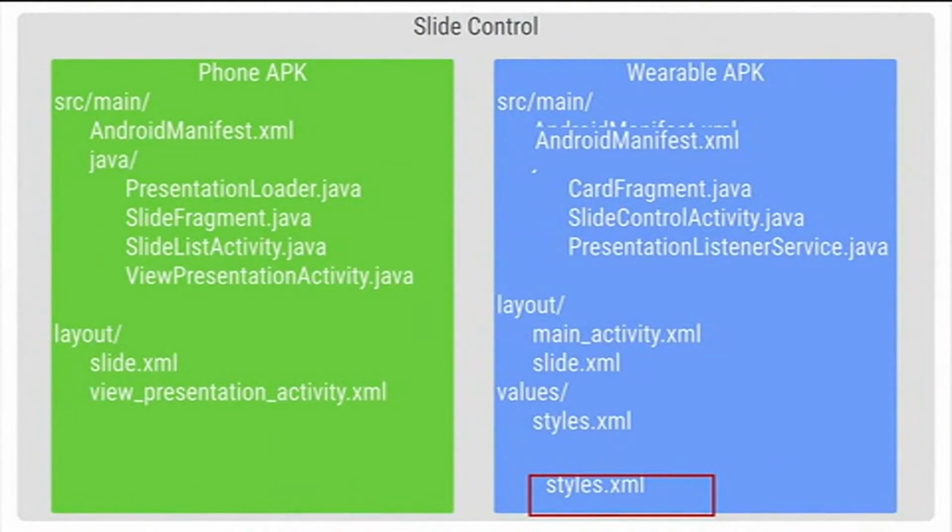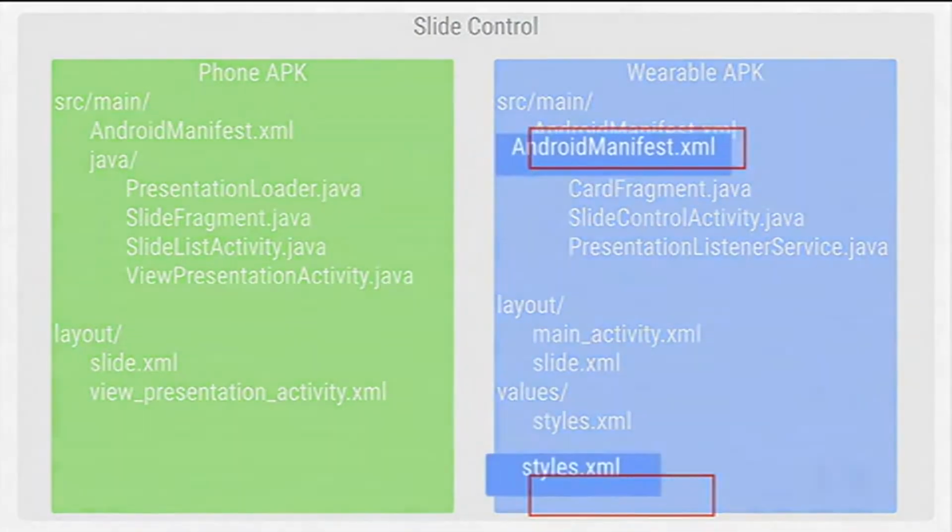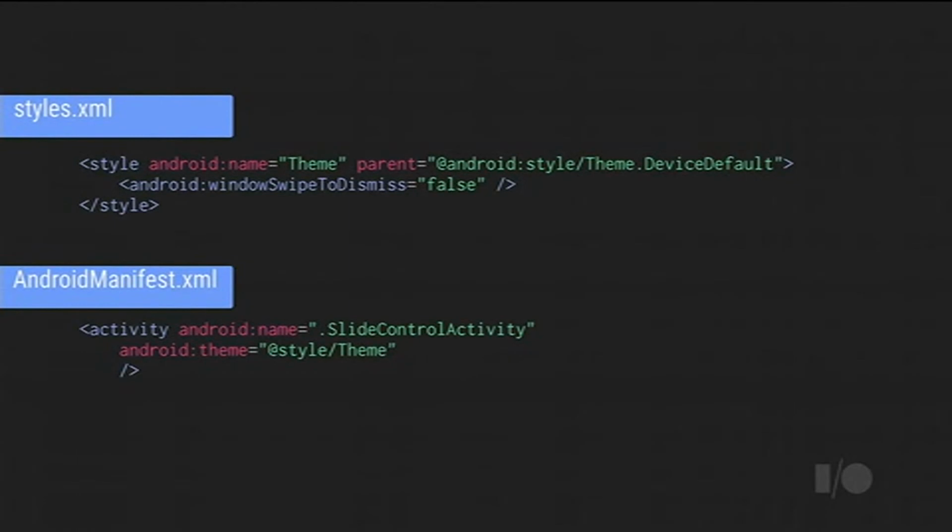And it's possible without a line of Java code. It's just updating a style and your Android manifest. So we come over here, and you create a theme in your application that inherits from the device default theme. We're still running KitKat on the wearable, and so we don't have these material themes yet. So we're theme device default. You should definitely use those in your applications. We have a new attribute here called Android Window Swipe to Dismiss. By setting this to false, you're going to disable that default behavior of being able to swipe an activity away. Then I just set that as my theme in the activity.